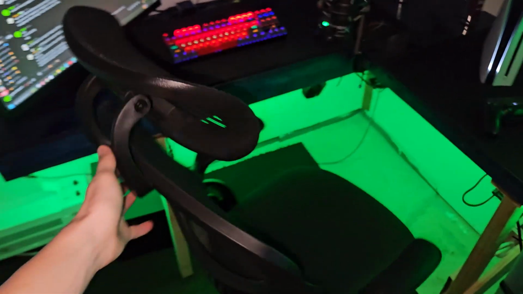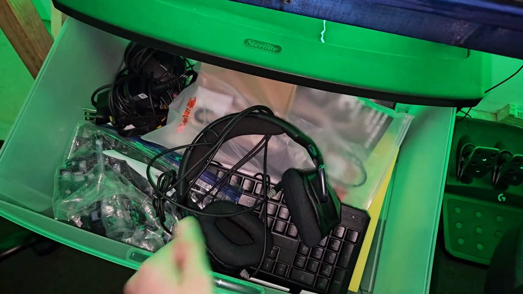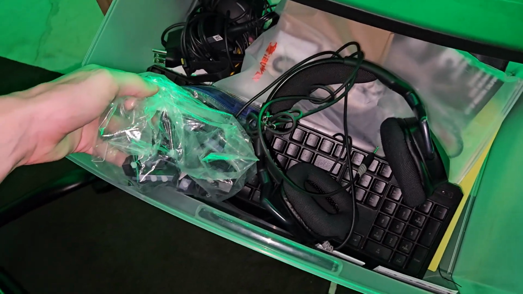This is my chair. It's just a typical office chair. I enjoy it. Got the adjustable head thing here. Makes it very, very comfortable. We got some drawers here with some basic things inside of them, like random Corsair headsets, mice, random keyboards, keycaps,